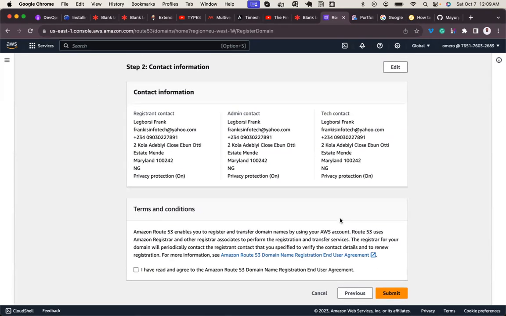from your card. You click on Submit. Once you click on submit, it takes some time. Yeah, you have to agree. Now, look at this. Terms and conditions. Amazon Route 53 enables you to register and transfer domain names by using your AWS account. Route 53 uses Amazon Registrar and other registrars associated to perform the registration and transfer services. The registrar for your domain,